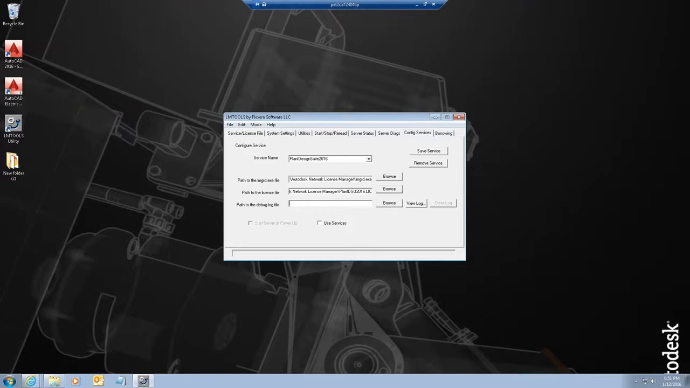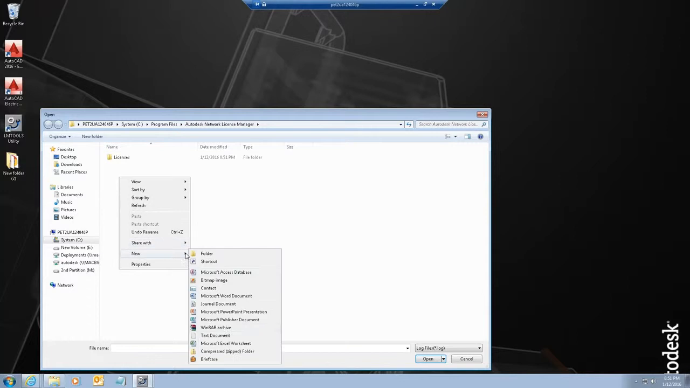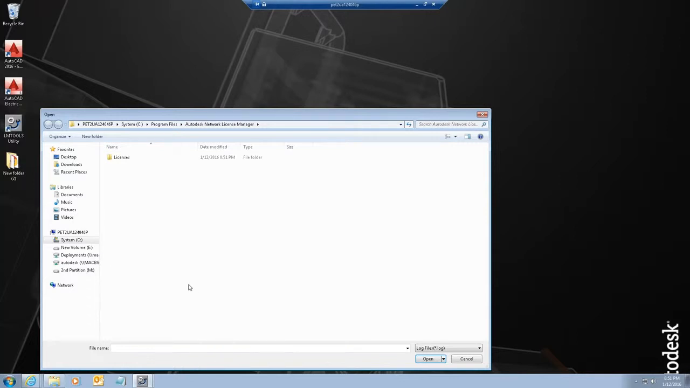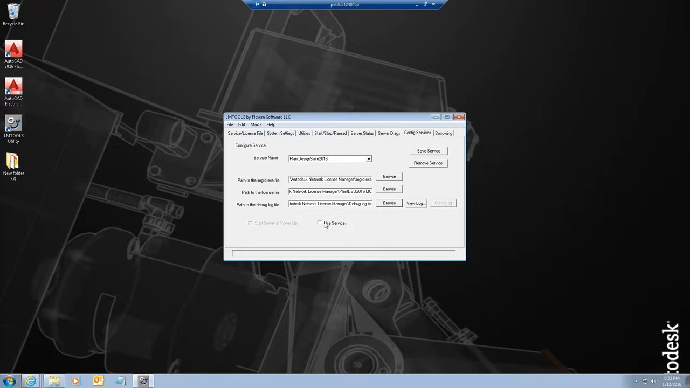And now you create a debug log. Now, it doesn't seem like I have one created here. So you can simply create a new text file. I have it set up to all files, and I have debug log.txt. And very important that you set this box here, Use Services. This means that every time